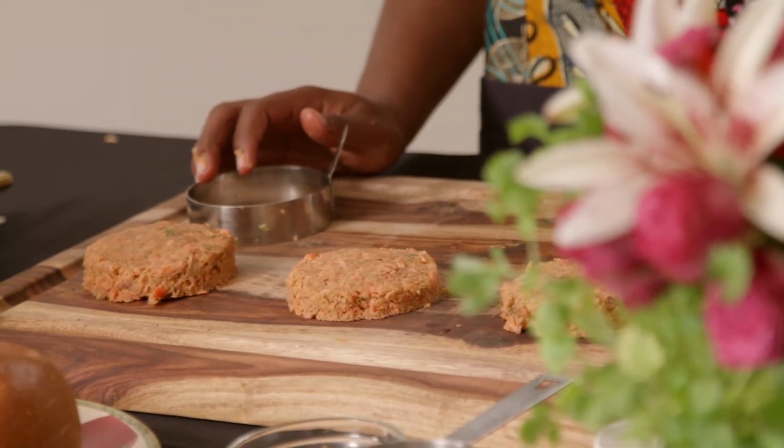All right, so let's take these salmon burgers and sear them for a couple of minutes per side, and they're gonna be ready to plate. All right, so it's time for us to plate